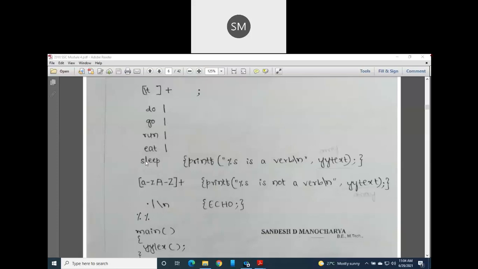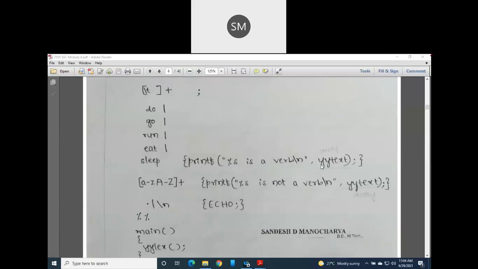So what is the action for sleep? Now you will get the action, that is printf. It means you are going to print one string, and that string is "%s is a verb". The %s is nothing but yytext. Whenever you start to read your paragraph or sentence or page, you keep on scanning all the words. Wherever you find verbs, those verbs are stored in one array.